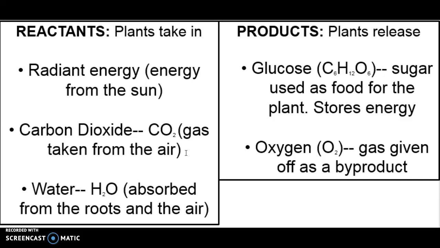Now, once the plant performs photosynthesis, then you have the products. The products are what the plant releases. In this case, we have two products. The main product, the one that's the most important, the one that the plant wants to begin with, is glucose,